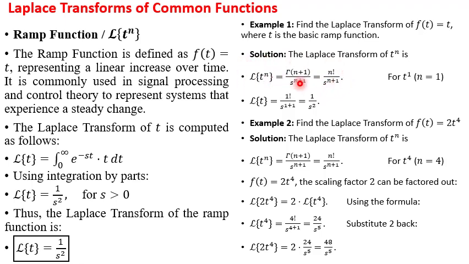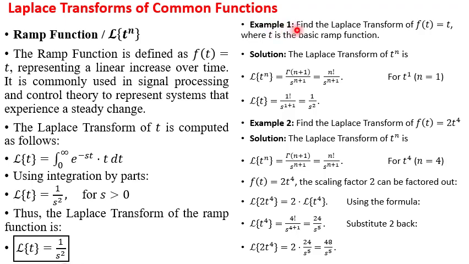Considering this general form of the Laplace transform of the power of t, when n equals 1, you see that the expression becomes that of the general Laplace transform of a ramp function, that is 1 all over s raised to power 2. All right, so now